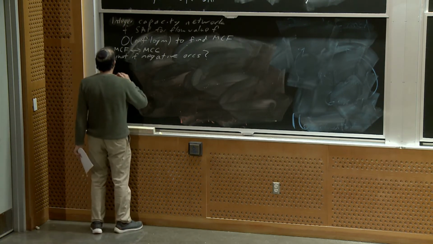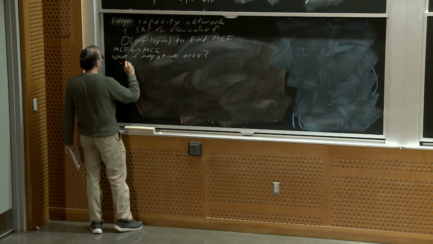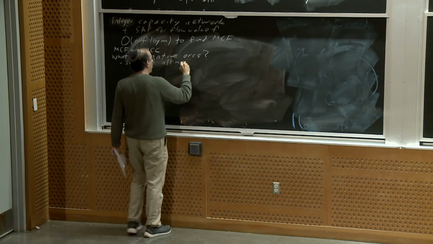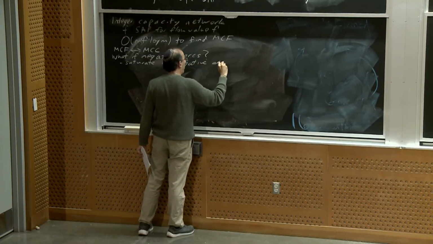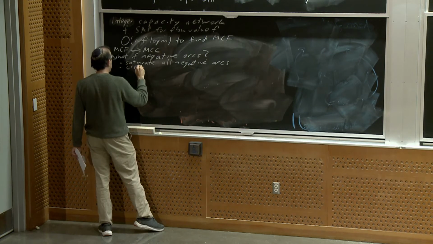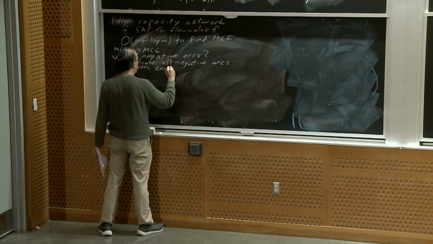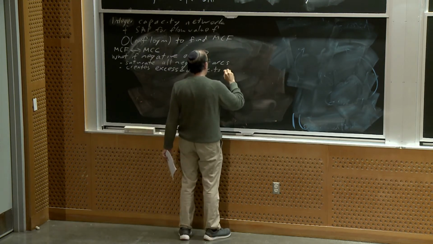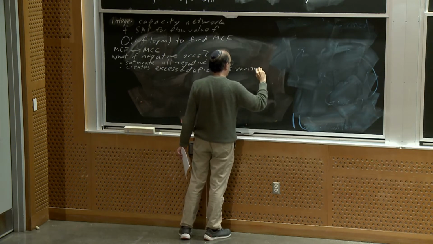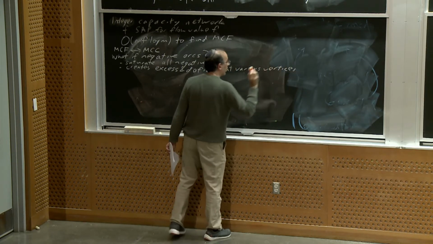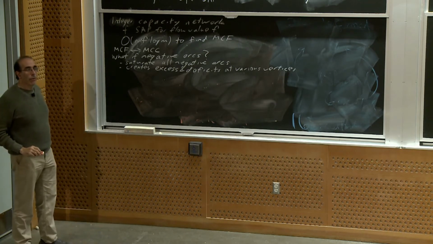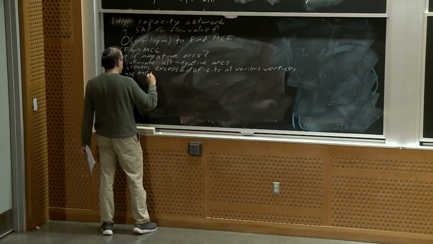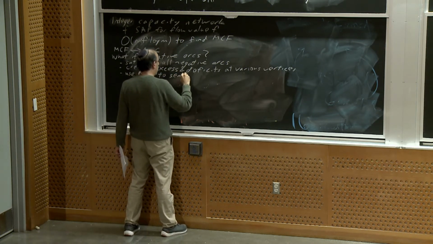The answer is that we start by saturating all the negative arcs. And that just sort of creates excesses and deficits at various vertices. So what do we need to do? We use a min-cost flow algorithm to send the excess